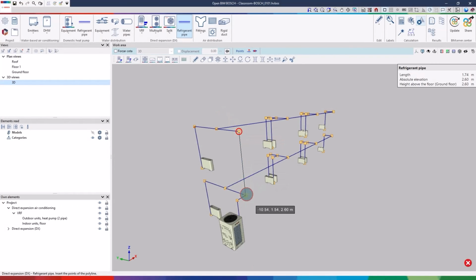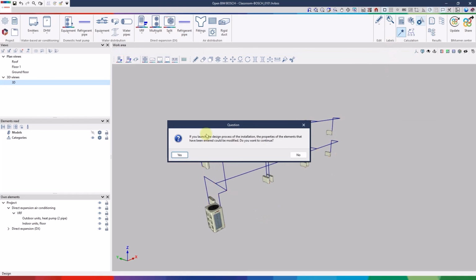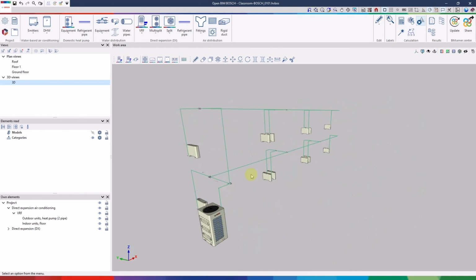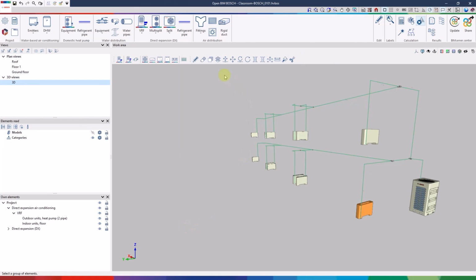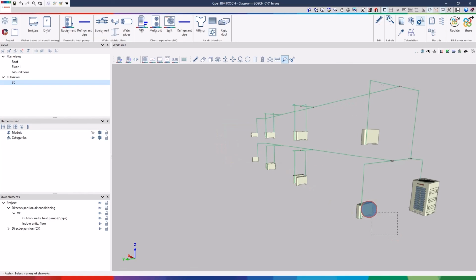Once the design has been completed, we can carry out the analysis and checking. Our analysis will not take any thermal load requirements into account because this information is not available to us. The editing of the units shows the supplied power. We can enter this information manually and, using the Assign tool, apply it to the rest. Checks can now be carried out to verify compliance with the thermal conditions.